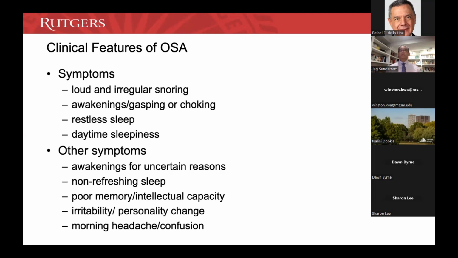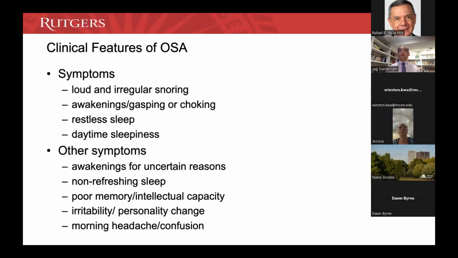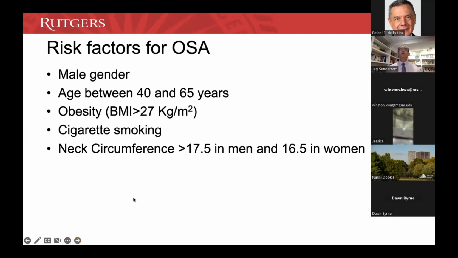There are other symptoms that patients may primarily present with, such as awakening for uncertain reasons and insomnia symptoms, poor, non-refreshing sleep, and also neurocognitive changes such as memory problems, personality changes, headaches and confusion. Now, the classical risk factors for sleep apnea, as everybody is aware, are the male gender,